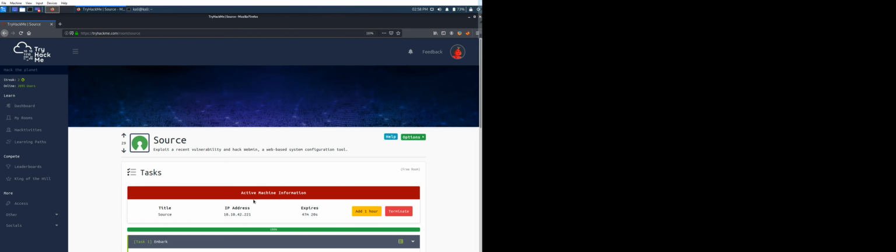let's close all the tabs and copy the IP address. So set RHOST to this, and set LHOST. For that we need to know my IP address. I will type the command sudo ifconfig, enter the password, and here is my virtual IP address. Let's copy this, paste it here, and press enter. Now let's see the options, and I don't think there's anything else we need to set. So let's run it.